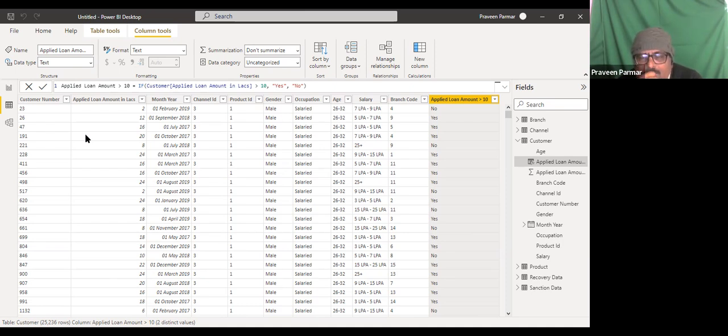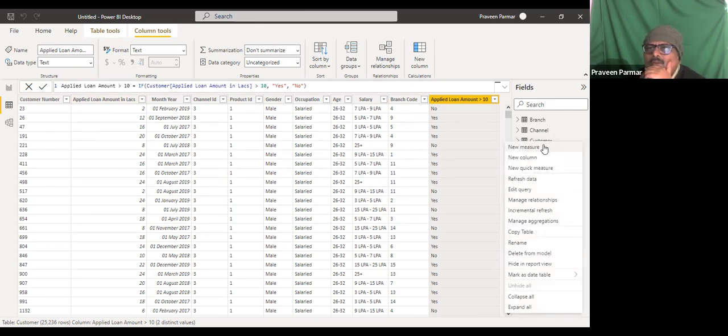So we create some measure which we also put in our fields, and whenever required in some sort of graph, we could use that measure. Got it? So here we are creating a few measures which we will use in our visualization. Okay. So one measure I will use. You see here, new measure I am getting here.